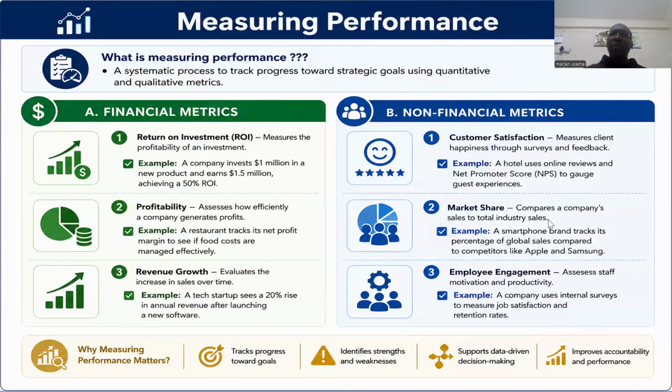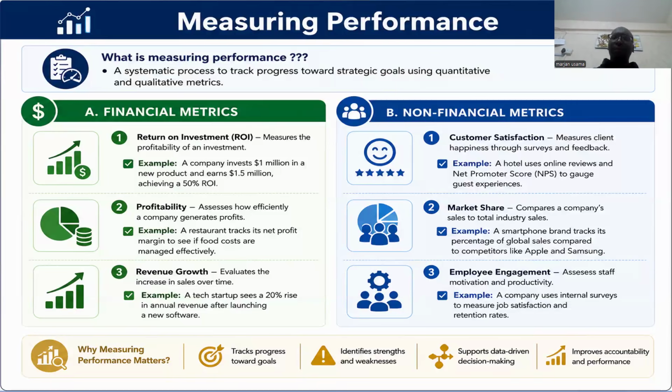Number two, market share. Compares a company's sales to industrial sales. Mathalan, a smartphone brand tracks its percentage of global sales compared to competitors. So, for example, you have the mobile phone. So Samsung, they compare their sales with iPhone or with Infinix. Even you, if you're having a cafeteria, you just compare your cafeteria with the other cafeterias, how they're doing compared